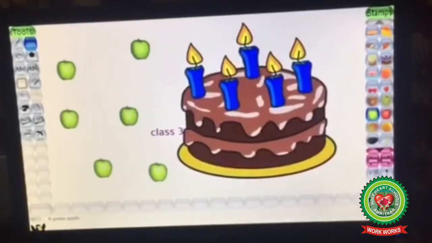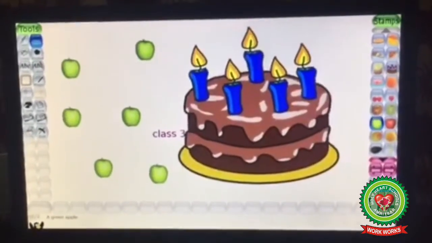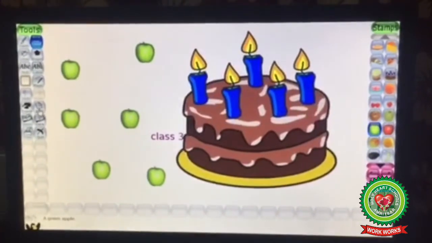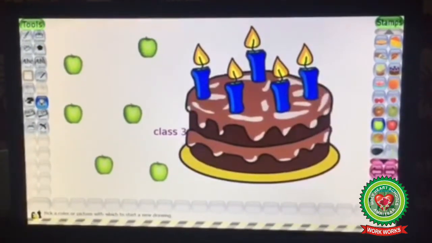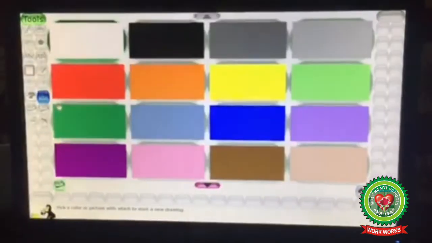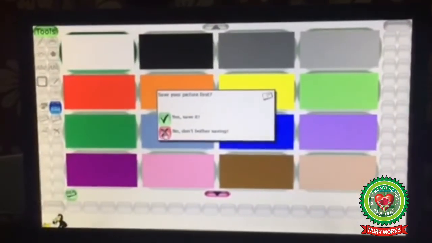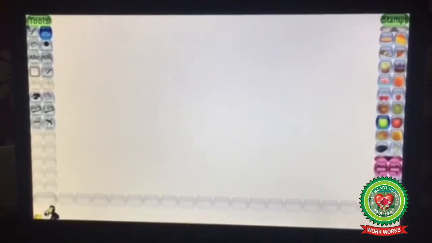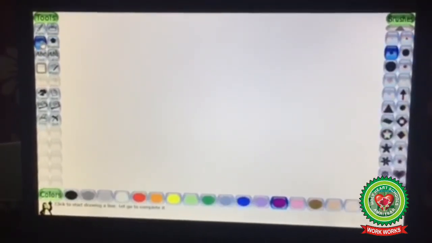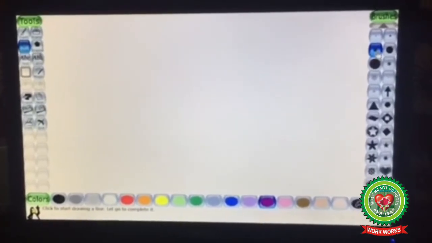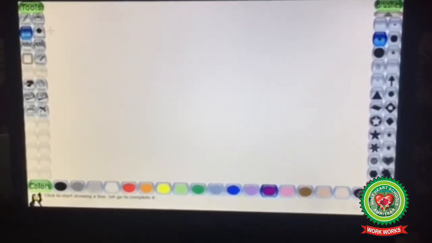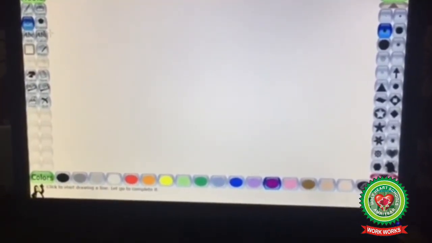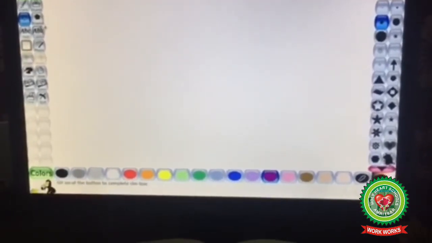Now we will make a home scene using these tools. Now take a new page from the new option. Choose any starter. And now we will make a home scene. Firstly, I am going to click on the lines option, choosing the line size as you have done already. Holding the shift key, I am going to make a straight line.